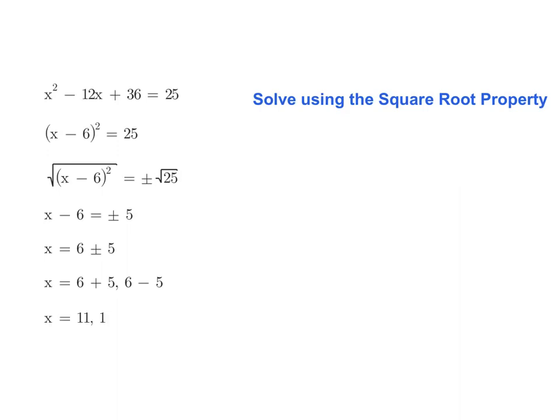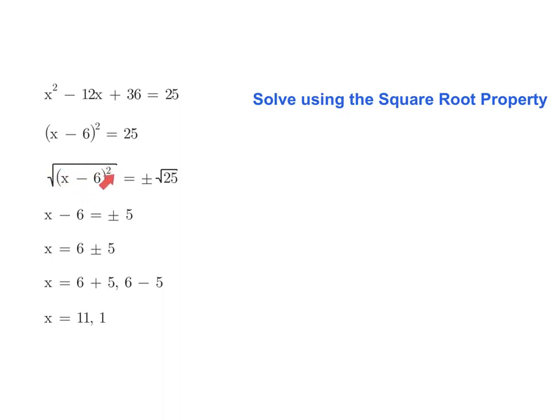11 and 1. That's how we would solve using the square root property. When it asks you to solve using the square root property, you're eventually going to take the square root of both sides. You'll have a binomial squared on one side and a number on the other side. It may or may not be a perfect square, okay? But you will have a binomial squared over there. And whenever you take the square root of both sides, the reason that we do plus or minus is